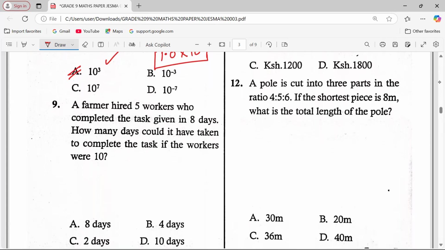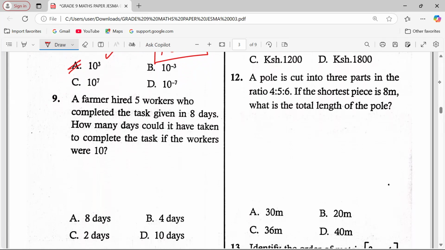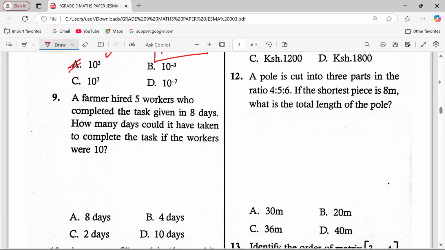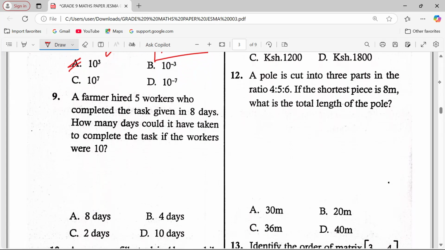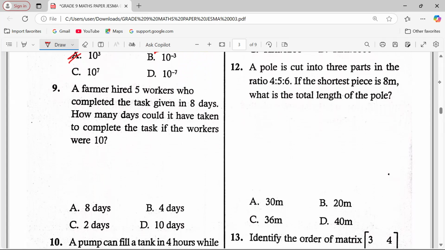Number 9. A farmer hired 5 workers who completed the task given in 8 days. How many days would it have taken to complete the task if the workers were 10? So this is on rates of work, compound proportions, and rates of work. When you talk about rates of work, it means now we can relate the number of workers here and the